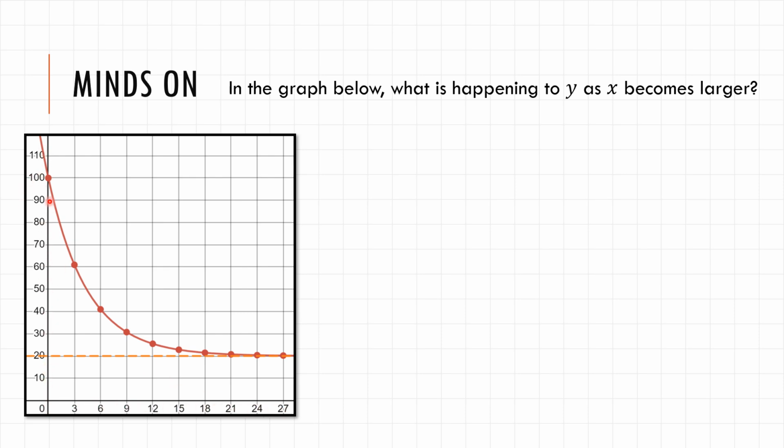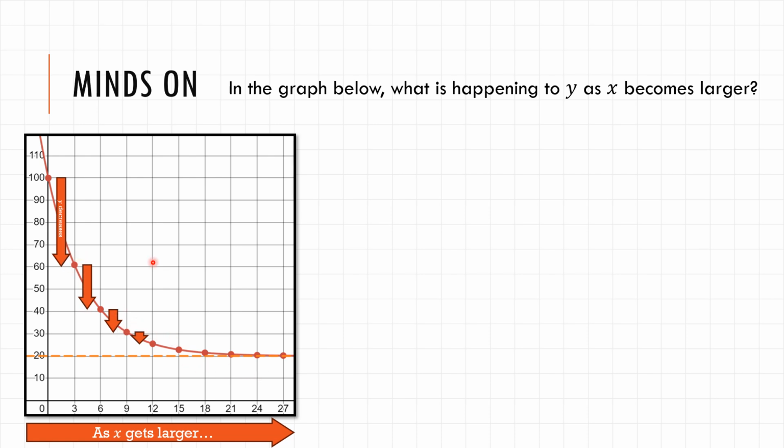This is the y-axis. So each coordinate here, this coordinate has an x value of 0 and a y value of 100. This one has an x value of 3 and a y value of 60. So just pause the video here and think for 1 minute about what happens to the y values of these coordinates when their x values get larger. I think the most obvious thing, if you noticed, is that they are going down. As x gets larger, the y values seem to be always